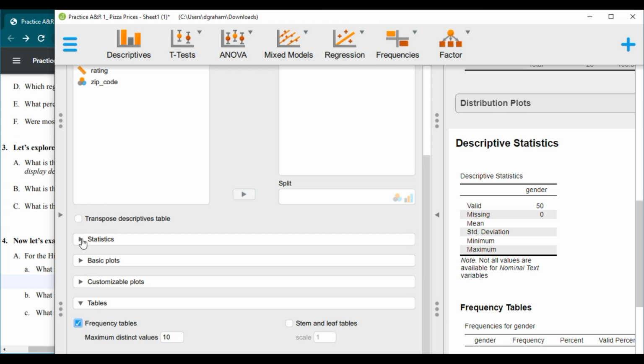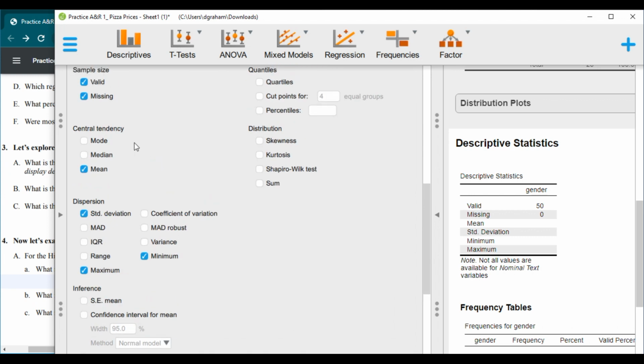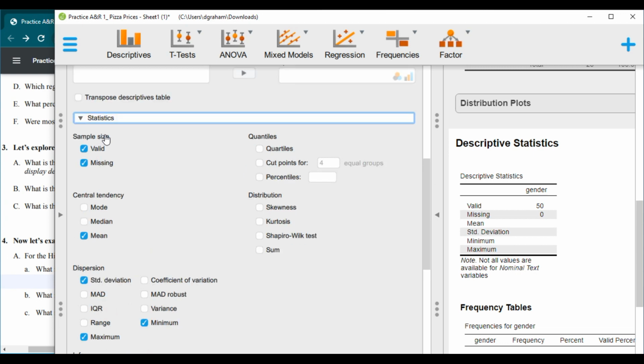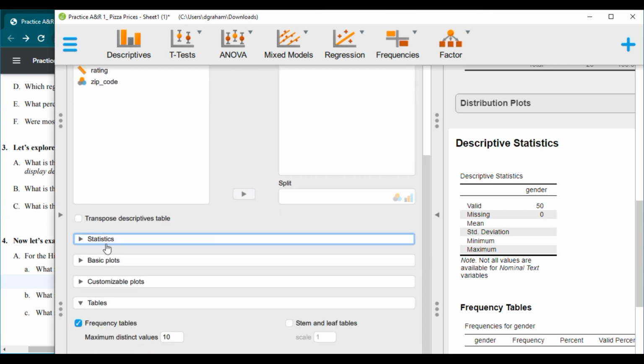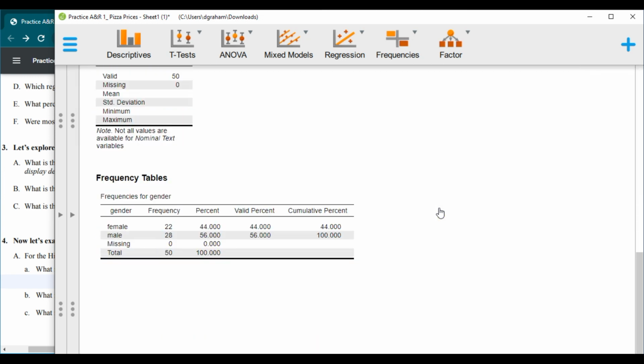Descriptive statistics up here, the mean, median, mode, standard deviation, these kinds of descriptive statistics are more helpful for quantitative variables. So quantitative variables, we use those descriptive statistics to describe them. With the categorical variables, we'll want to look at the frequency table so we can see, well, how many of each category. So let's go ahead and collapse that, and we can scroll down and now see that there were